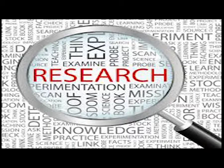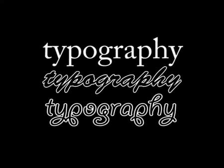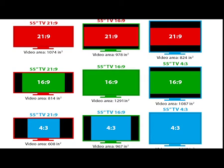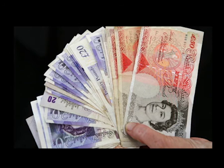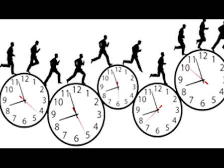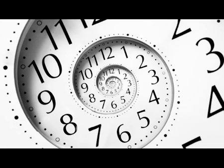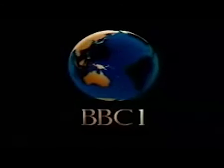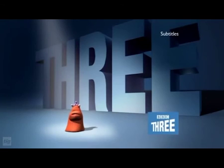However, idents also have limitations, and sometimes no matter how much research is done, they can have less impact and lose their appeal. The types of limitations include the typography used, home television resolution and aspect ratios, the amount of money spent on them, and also the time spent on creating them can be costly for the TV broadcaster. TV idents help to encourage brand loyalty so that in the future an audience will bond and stay with the channel